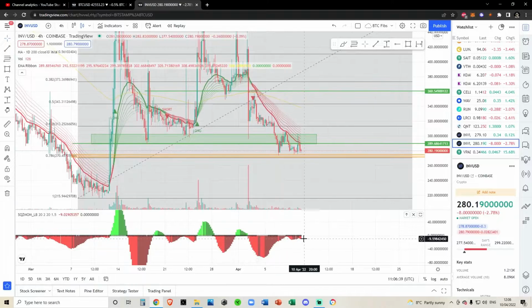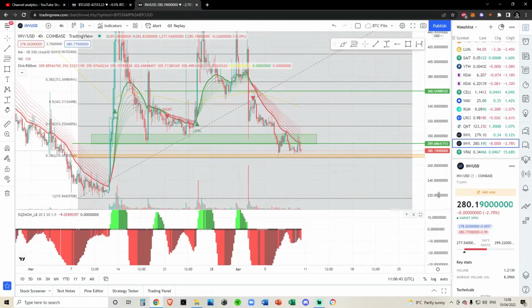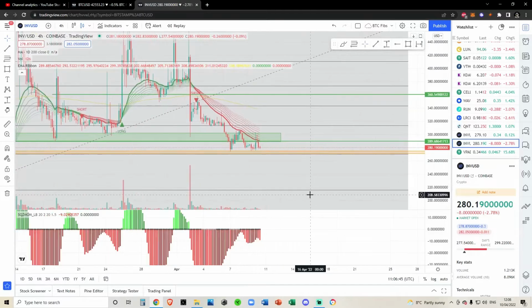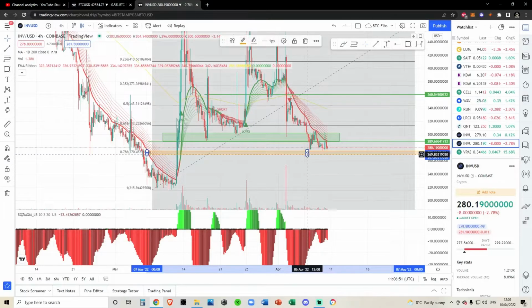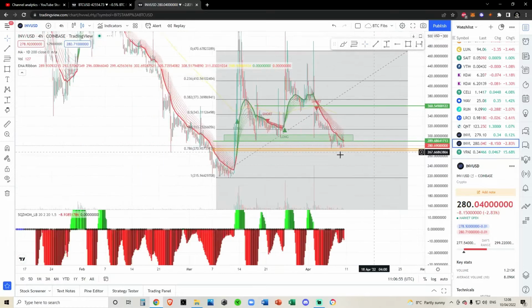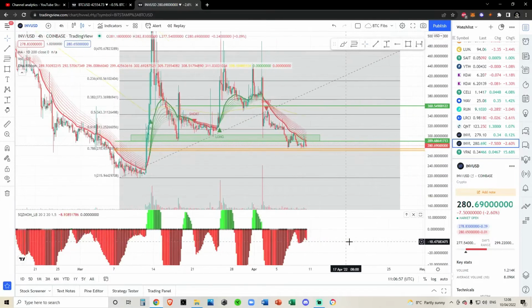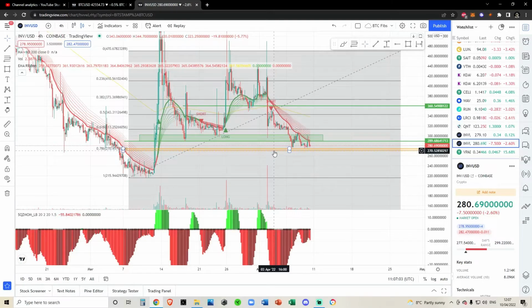We're starting to pick up light red candles on the squeeze mom, and they're starting to pick up quite fast. So even though we don't have volume coming in right now, I think we're going to see that volume come in as soon as we break below this 786 Fibonacci down here at 269. Both my gut feeling and the charts are pointing to the fact that bearish momentum is picking up so fast that I have to assume this 786 down here at 270 is going to be